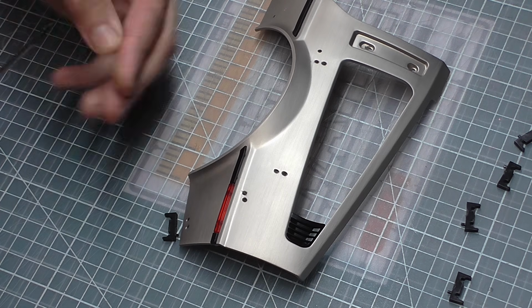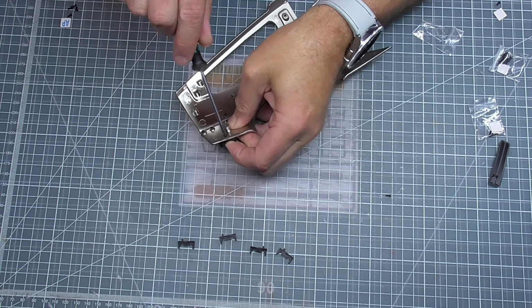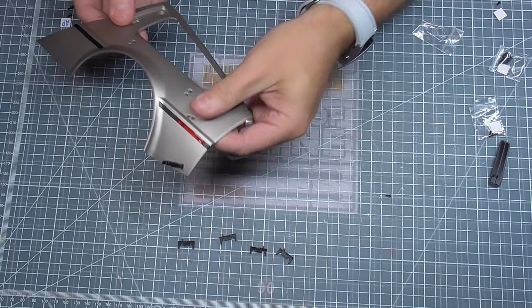AP screw here. Put the lug in the furthest hole so that this one could go in the center, and then that's going to look just like that. Okay,